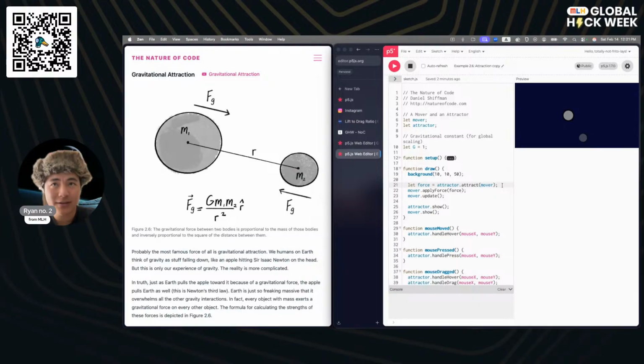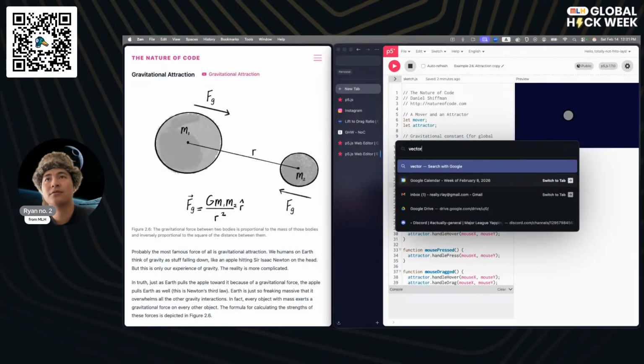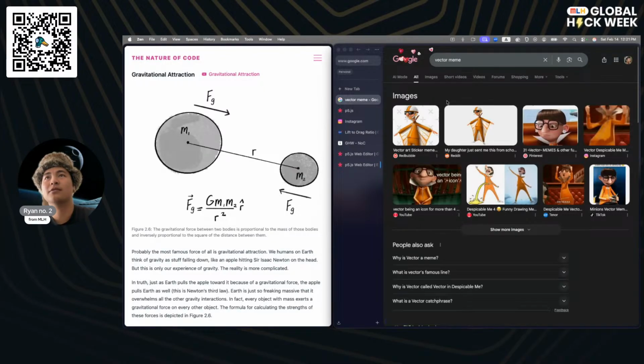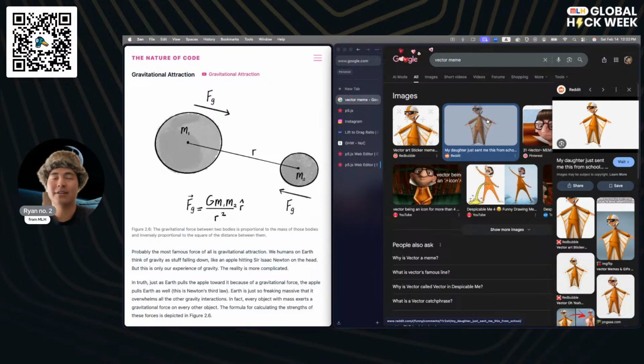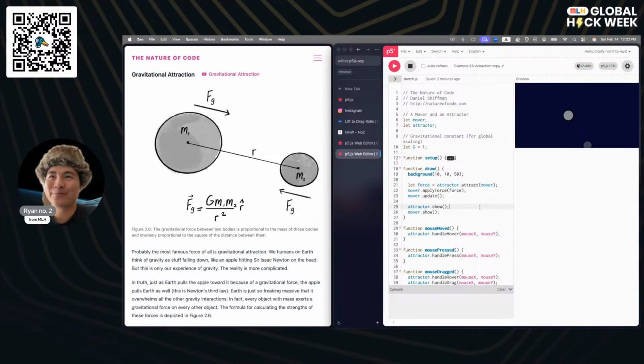If you don't know what a vector is, I present to you vector meme. Vector has both magnitude and direction. This guy's known for it. So it's basically just something that has a size and a direction.